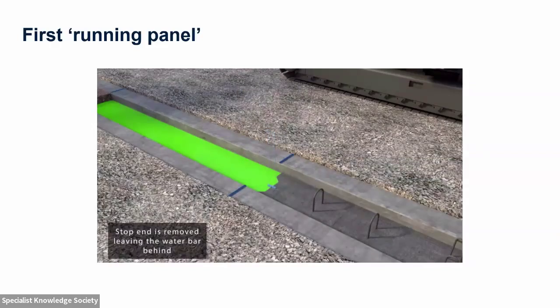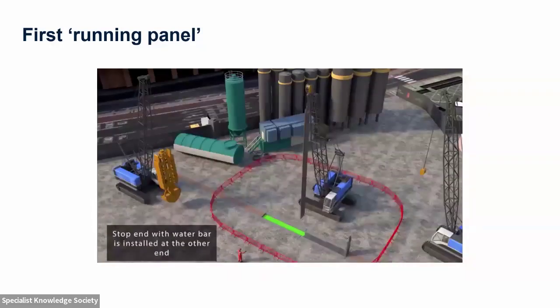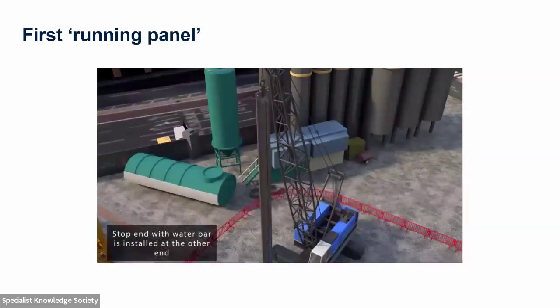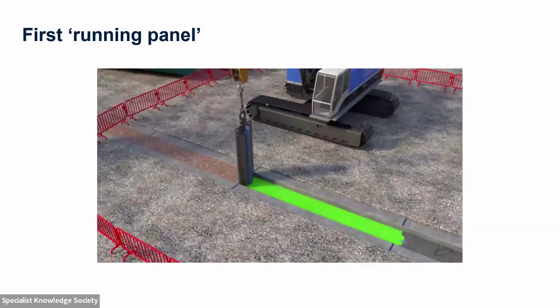So that water bar will then provide a connection between the 2 panels, and effectively a bit of water resistance through the joint you've got between those 2 panels. So sequence is a fundamental part of, or key consideration that needs to be taken into account with diaphragm wall